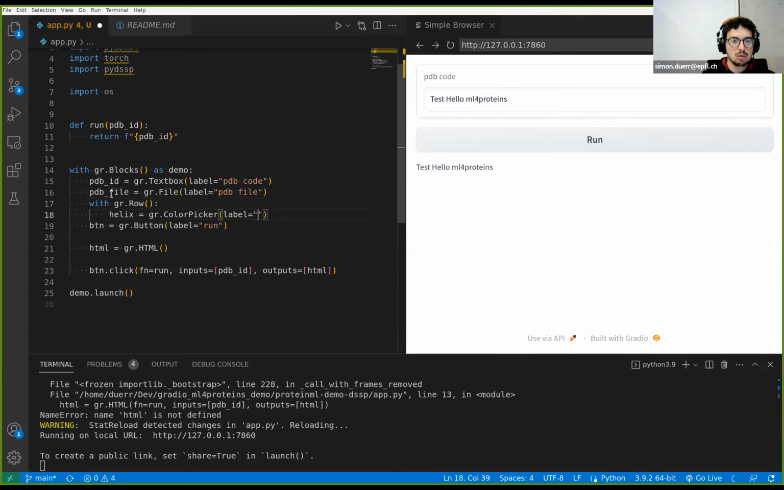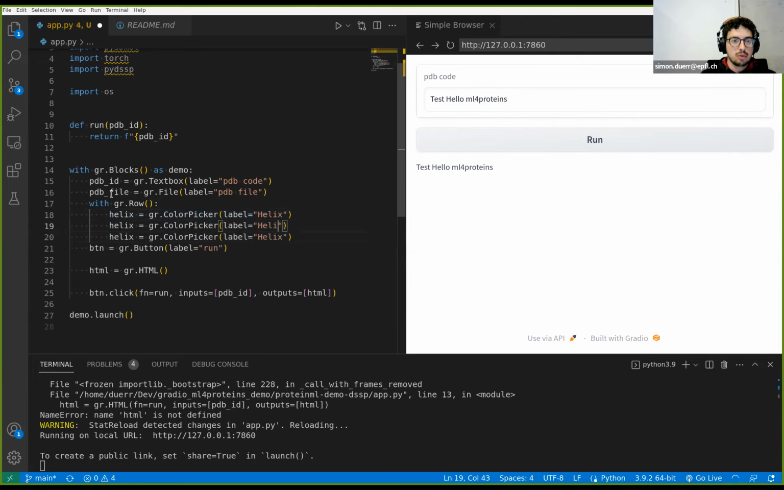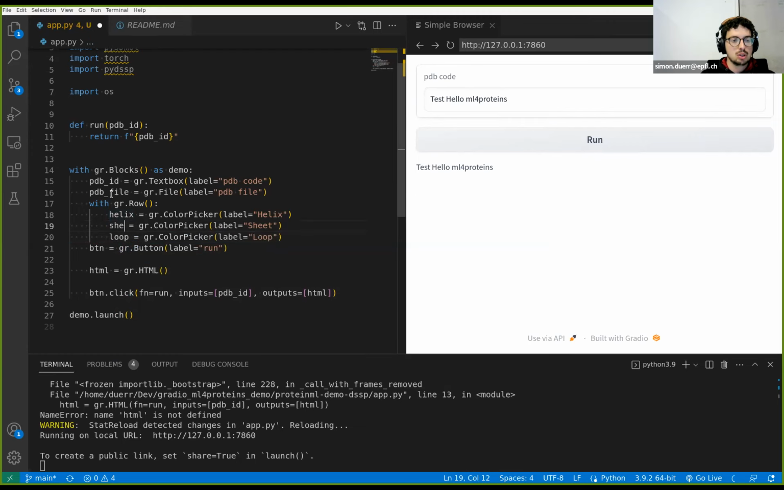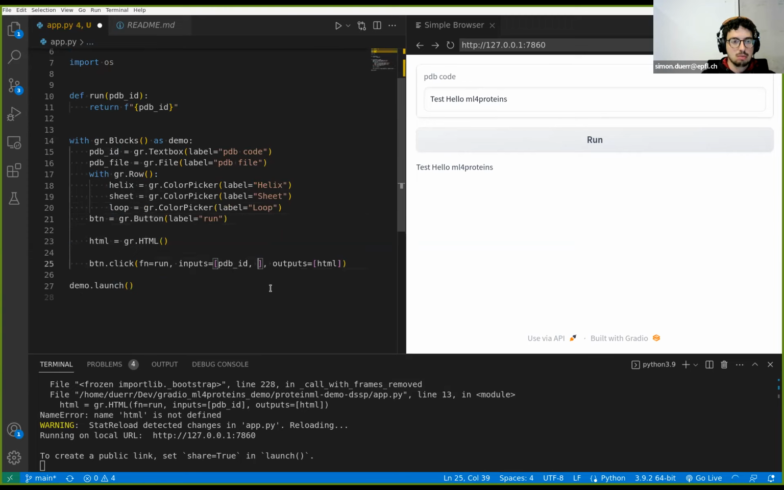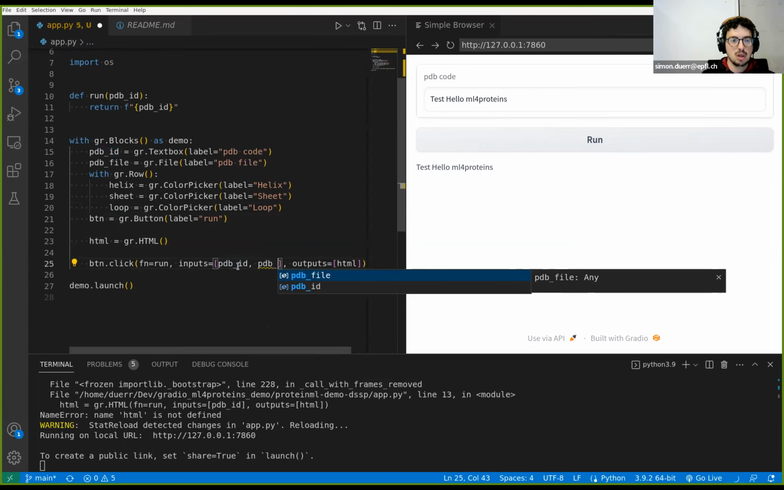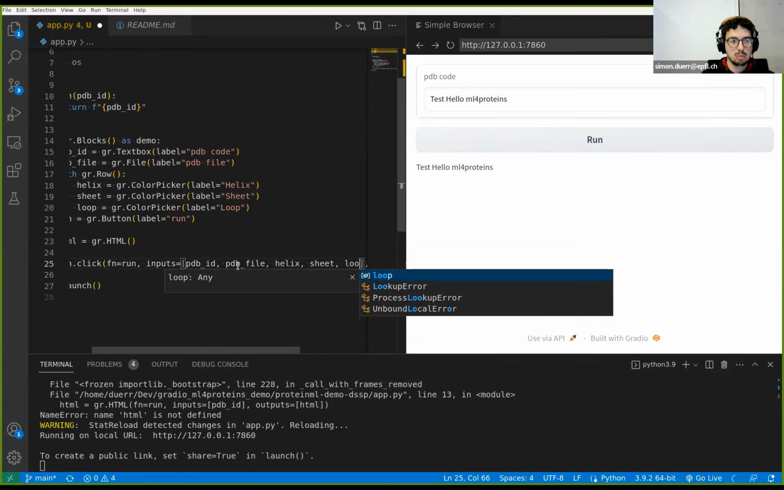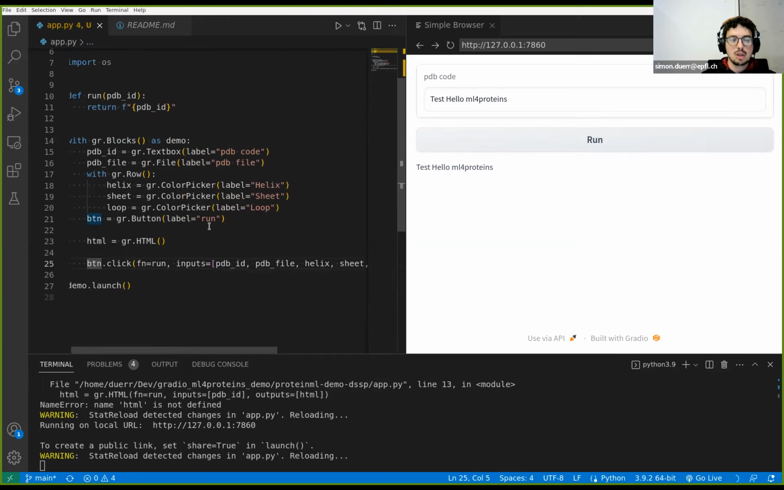Called Helix, and then I'm going to do the same for sheets and loop. So modify this here at the beginning: loop, sheet, and change my click function here so that run not only receives the PDB ID, but also receives the other inputs that I just specified. So build sheet loop, and save this, and then we should reload, and we should see that we